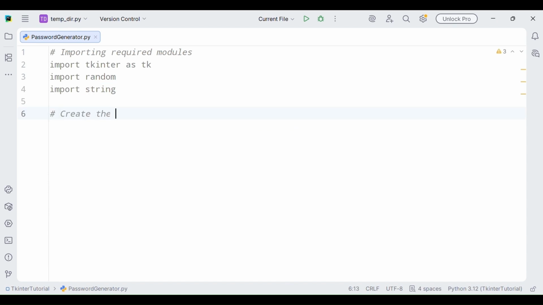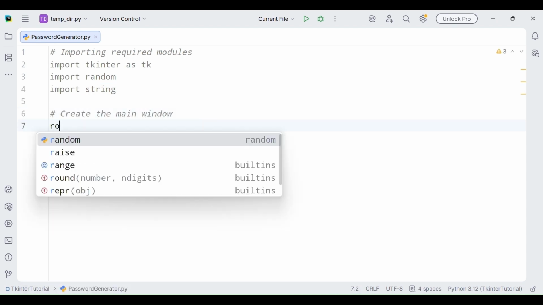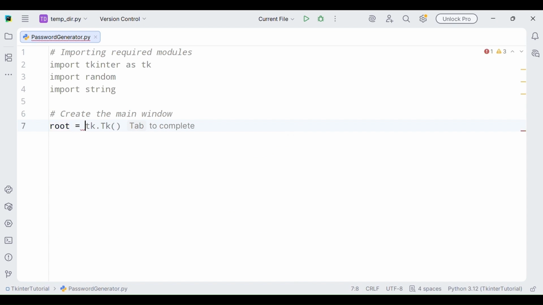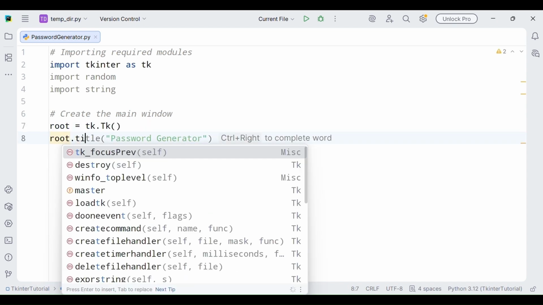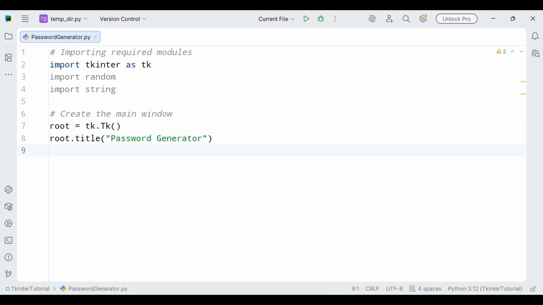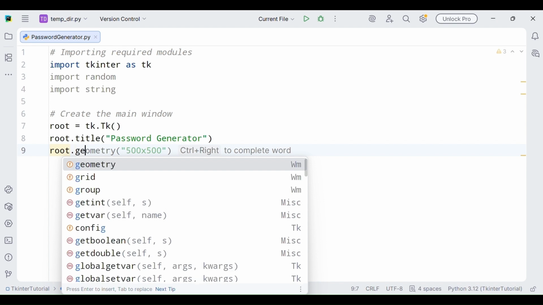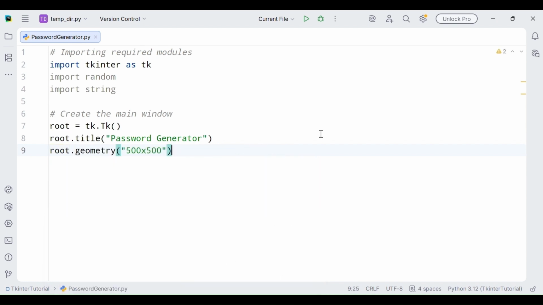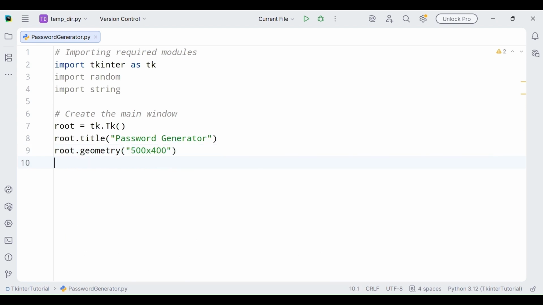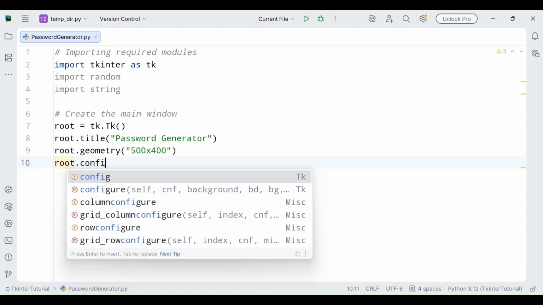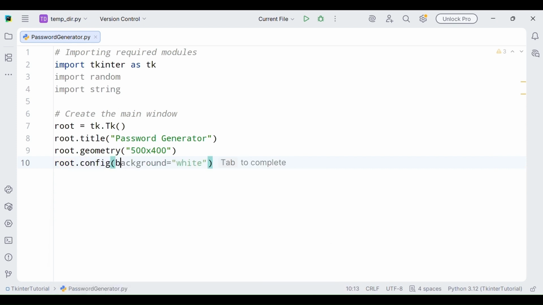Now let's create the main window of our app. We will call this root. We will add a title for this window and it's going to be Password Generator. Next we will set its width and height, and we will call the geometry function with the required width and height in pixels. We will also add a nice looking color by calling the config function and adding a background